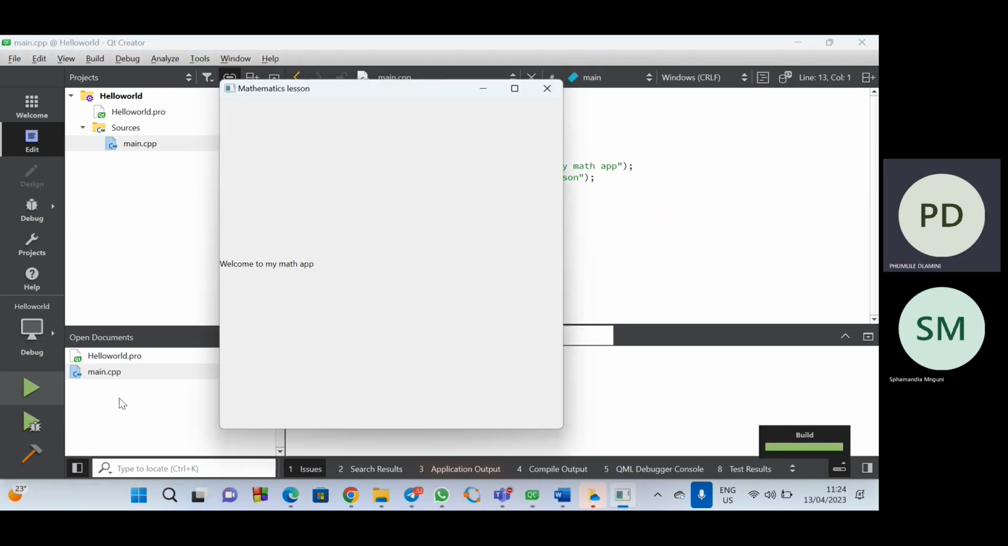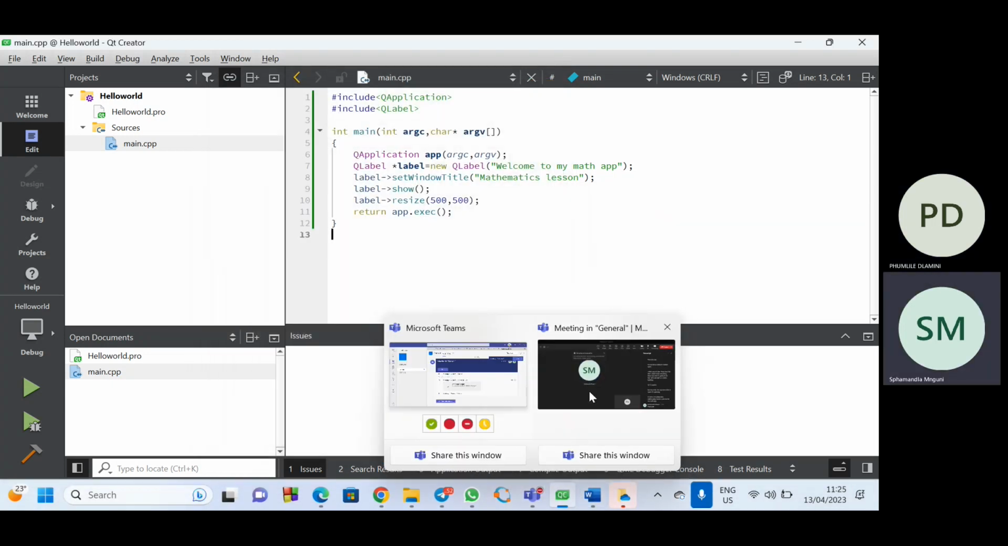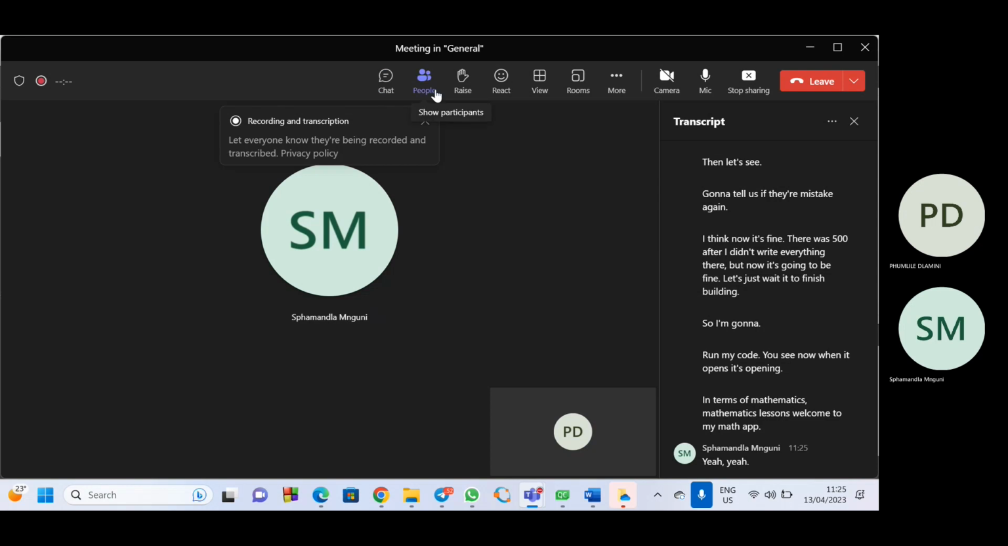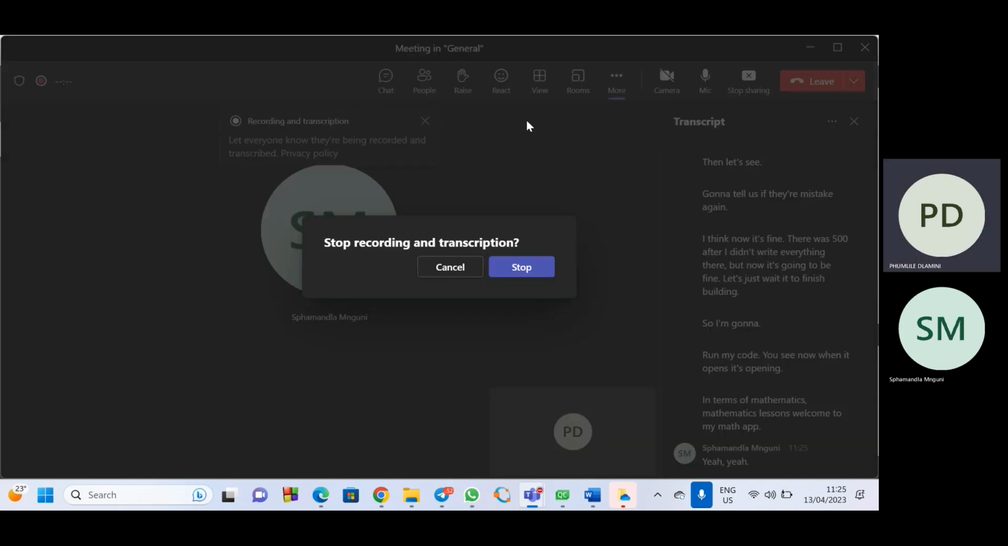So I'm going to run my code. You see now when it opens, it's opening with mathematics lesson. Welcome to my math app. Yeah. I think for now,